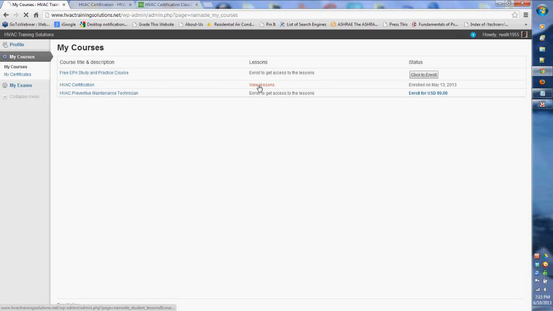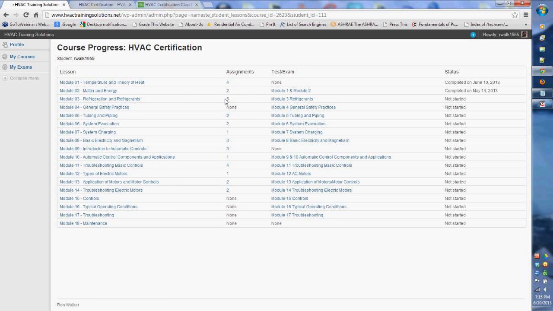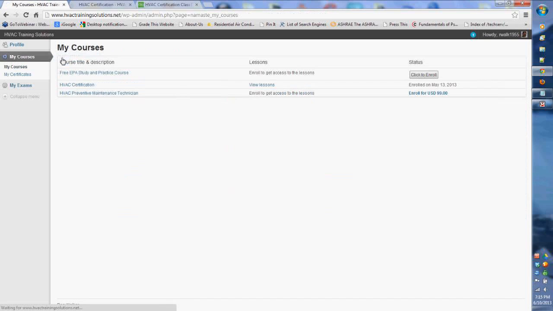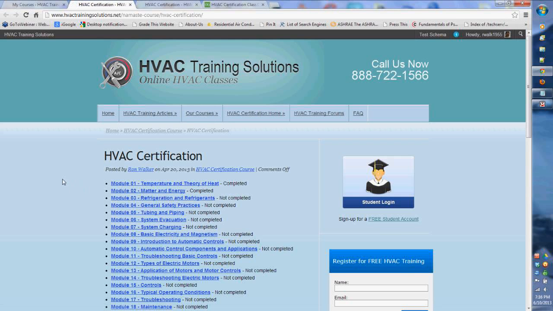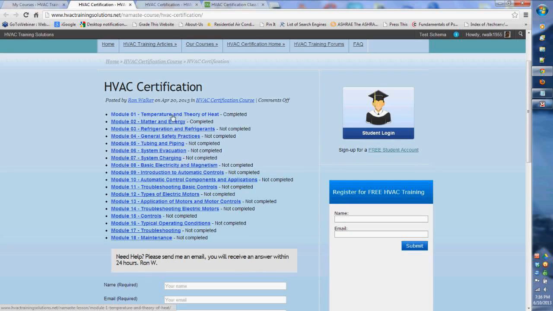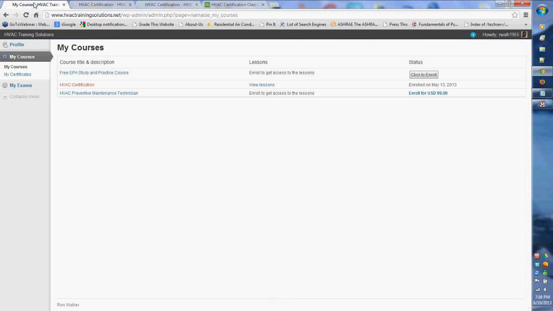Now, as you can see here, you have the back-end dashboard. If you go back to My Courses, there's another way to get into this. If you click on the course title and description, and only you can see this, no one else that's not a student and not you can see this, it gives you just a quick rundown of where you're at. Completed this, completed that, and you can access the lessons right from this screen as well. Whichever you're most comfortable with, you can use it either way. It takes you to both places.